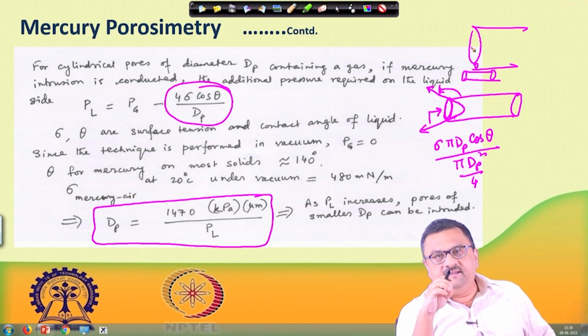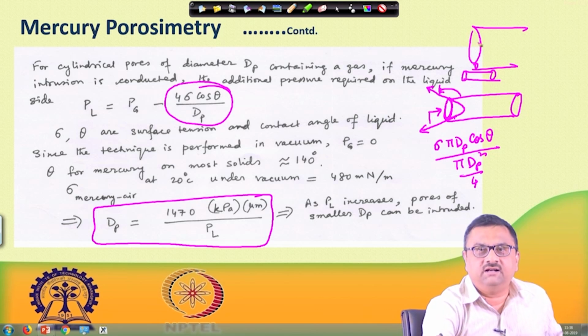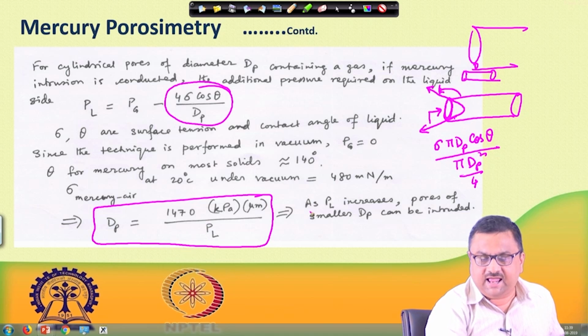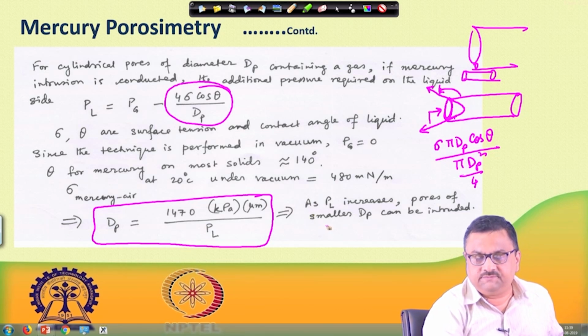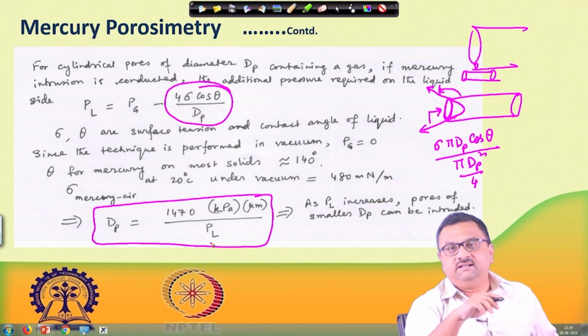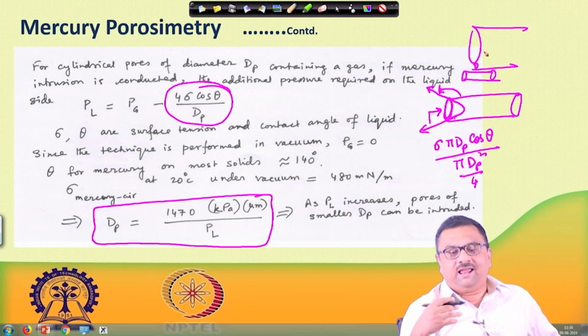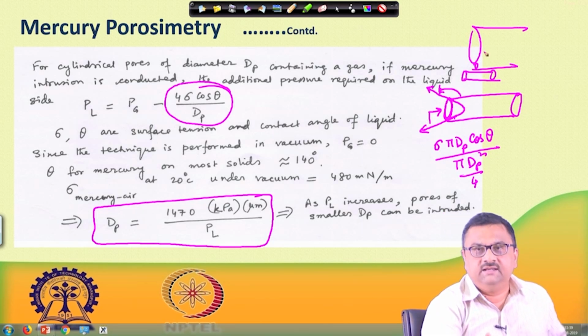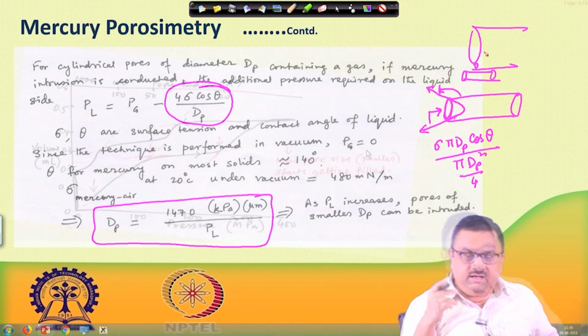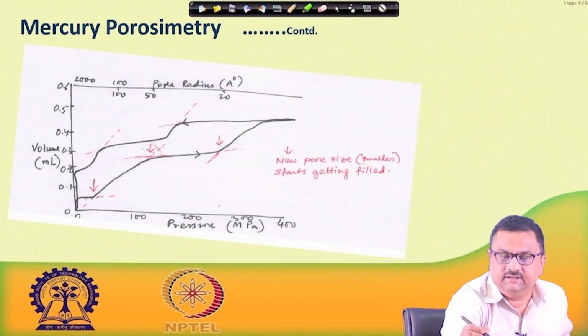The moment I increase the pressure in the mercury phase, mercury will penetrate the largest pore first. So as PL increases, pores of smaller dp can be included. For the lowest pressure, the largest dp would be included, and as PL increases, smaller and smaller dp will be penetrated. Essentially, if we try to plot this,